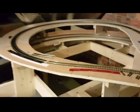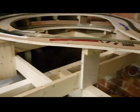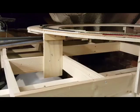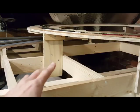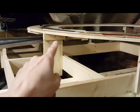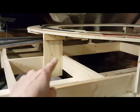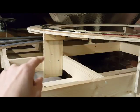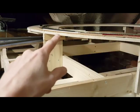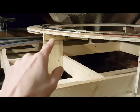So the construction of building the elevated sections was just simple. I think I've shown it in previous videos. It's pieces of plywood cut to the right width. These are then attached to the main benchwork and then levelled off the top. Sometimes I don't quite get the levels dead right with just a piece of ply, so I've attached a